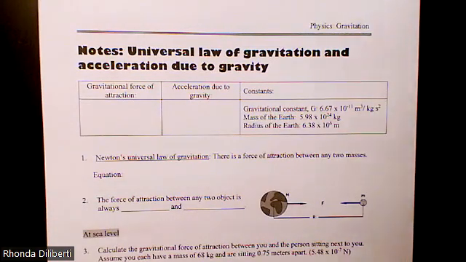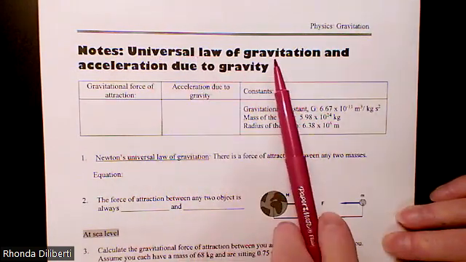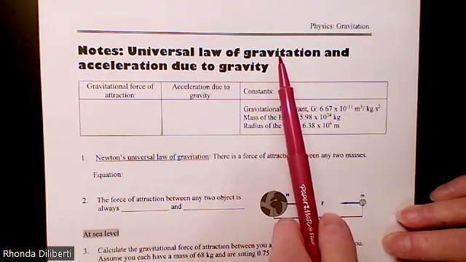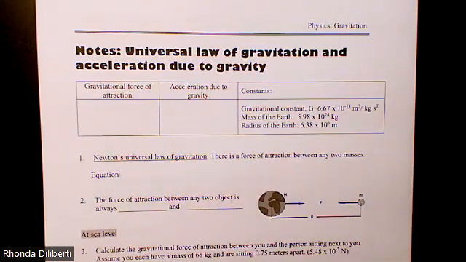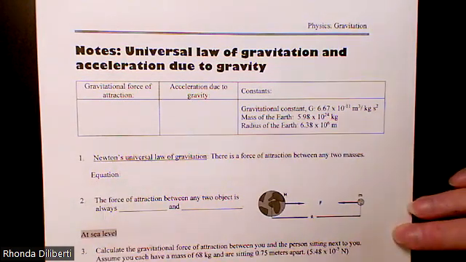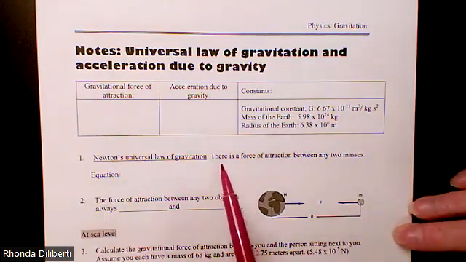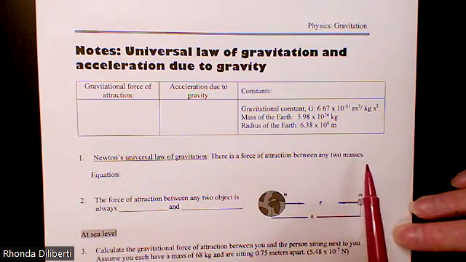All right, hello everyone. In this video, we're going to look at two things: Newton's universal law of gravitation and the equation and derivation of the acceleration due to gravity. So quite simply, Newton's universal law of gravitation says that there is a gravitational force of attraction between any two